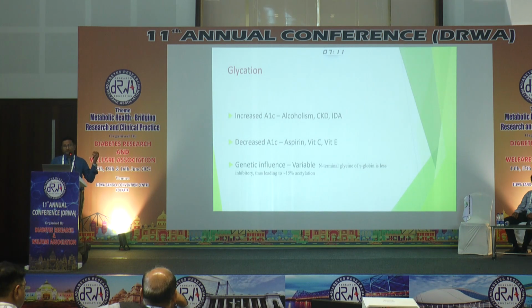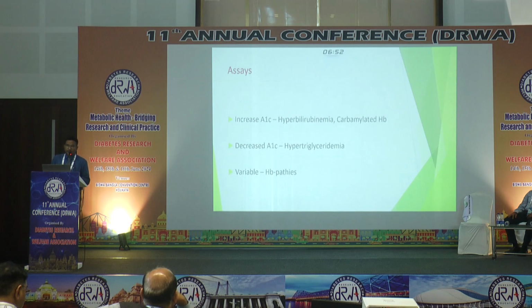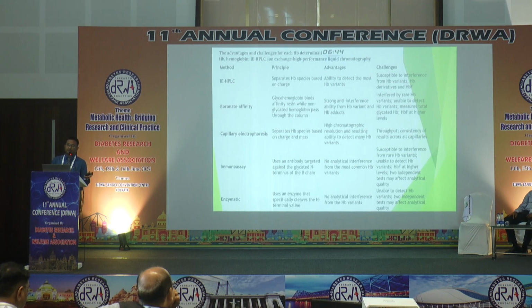These are the factors which affect the glycation itself, like alcoholism, CKD, all these can increase the HbA1c, aspirin, vitamin C, vitamin E, as I've discussed. There are some genetic influences, such as a genetic mutation of the N-terminus glycine of the gamma globin chains, leading to 15% acetylation and altering the HbA1c. I'm not going into details again: hyperbilirubinemia, carbamylated hemoglobin, hypertriglyceridemia, and different hemoglobinopathies we have discussed have